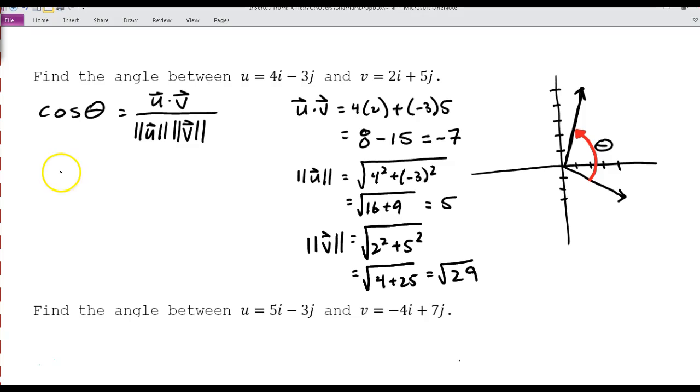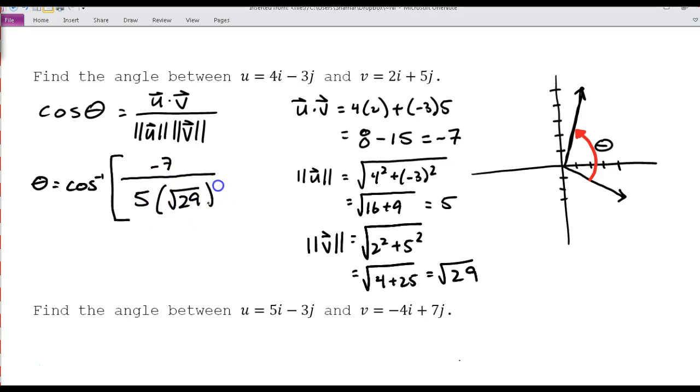Alright, so now that I have all of this, I can substitute it into my formula, and I'm going to take the cosine inverse of both sides as well. So I know that theta is going to be the cosine inverse of u dot v was -7, and the magnitude of u was 5, and the magnitude of v was square root of 29. If I substitute all this into our calculator, we're going to find the answer in degrees. Make sure your calculator's in degree mode, then we will end up with 105.1